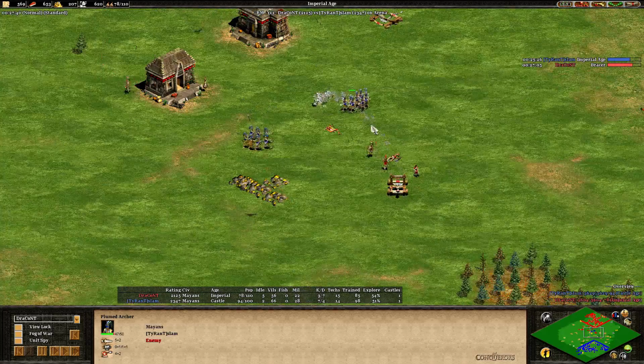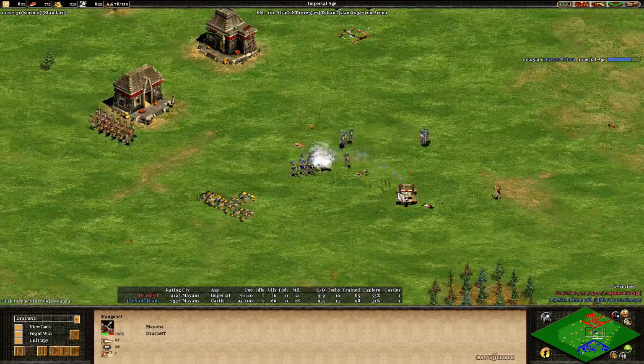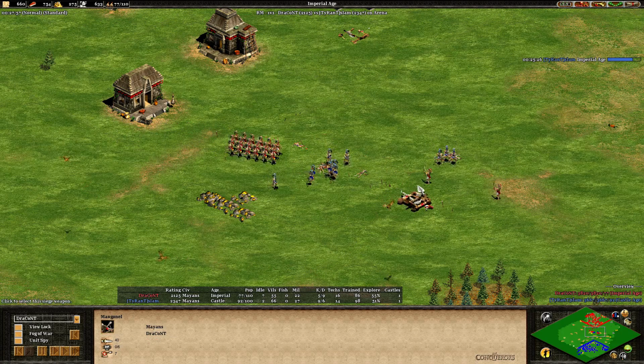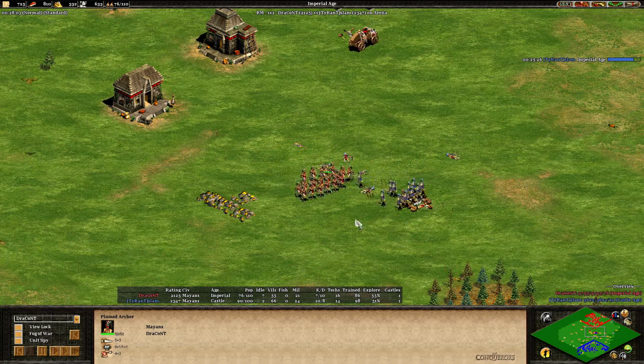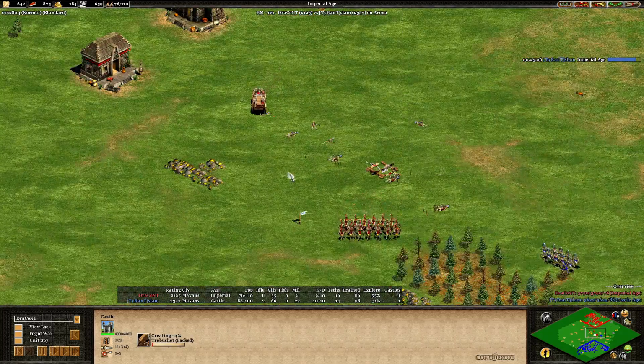Actually, this is a good fight for Slam. He's fighting against almost nothing. One mangonel, a few plumed archers, but that was a good shot, and this mangonel almost paid for itself. Now DraConT is here. The first trap came out for DraConT. He's got enough for a second